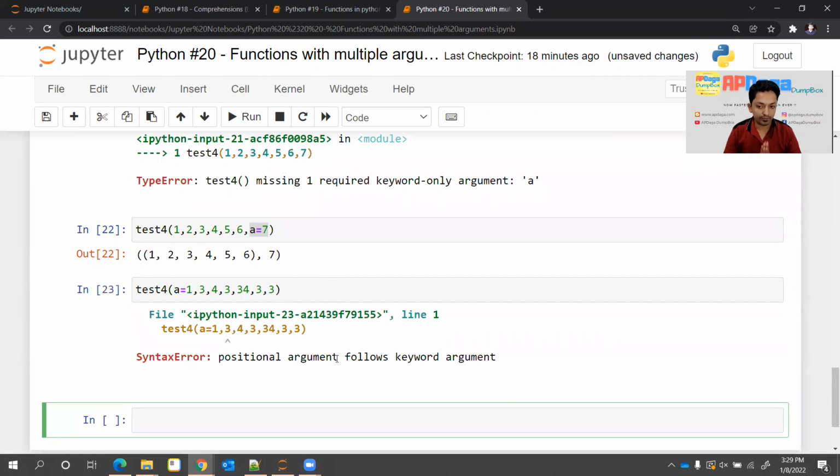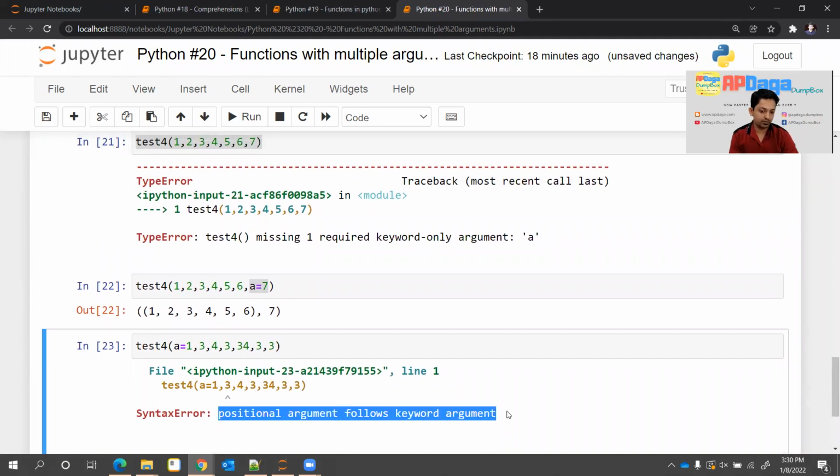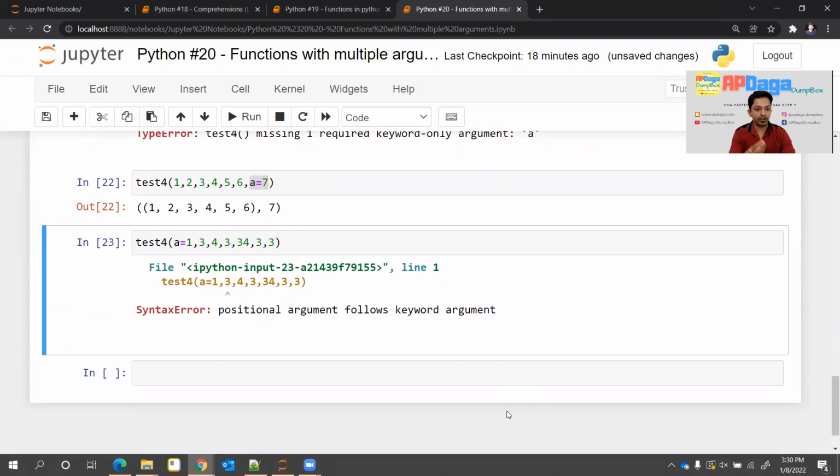It threw an error. Why? What is it trying to do? It is saying positional argument follows keyword argument. Why? There is a simple rule. To get rid of this error, there is a standard which everyone follows.